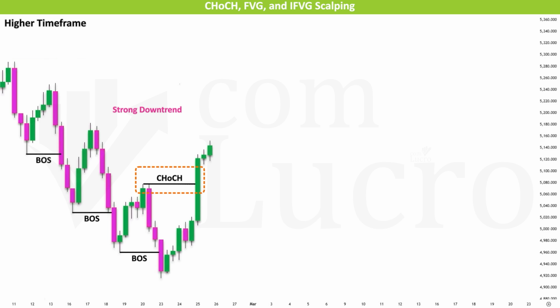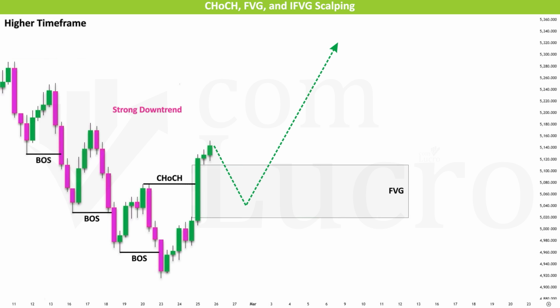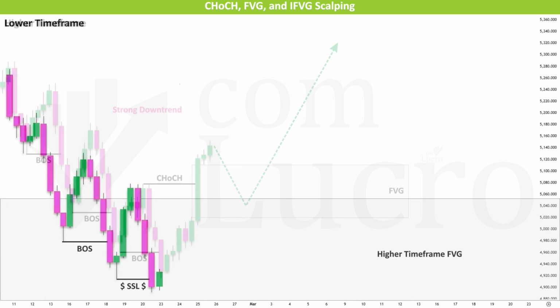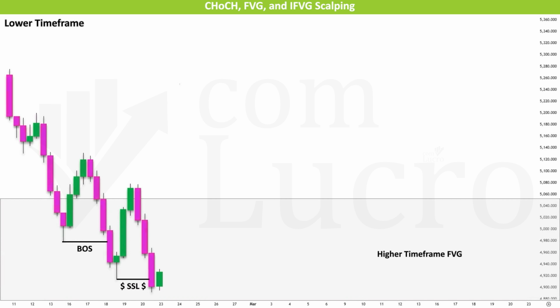Once this shift in structure is confirmed, and we expect price to move higher, the next step is to look for a buying opportunity. At this stage, focus on identifying a bullish fair value gap that forms within the change of character leg. After marking the higher time frame change of character and its fair value gap manually on the chart, move down to the lower time frame and wait for price to return to that higher time frame fair